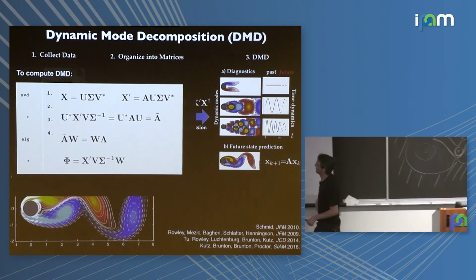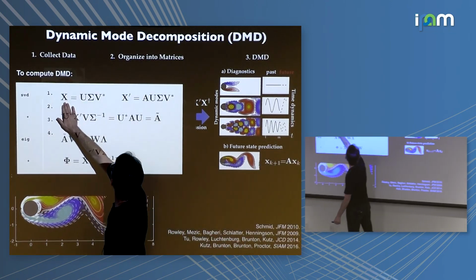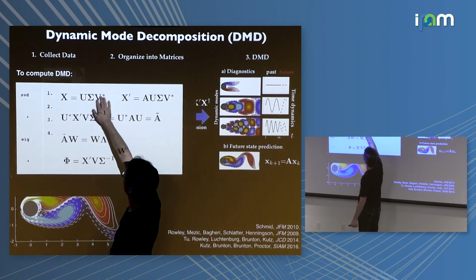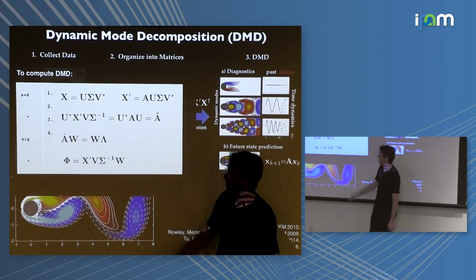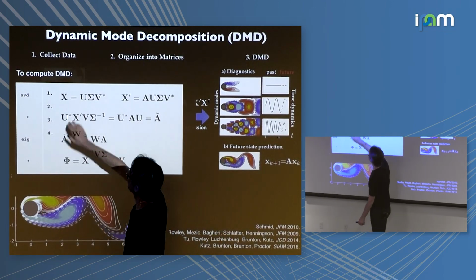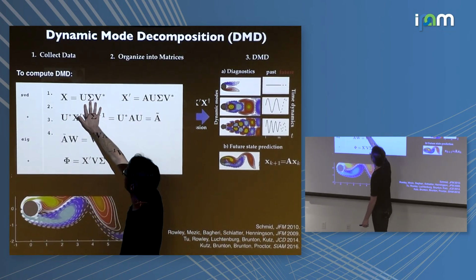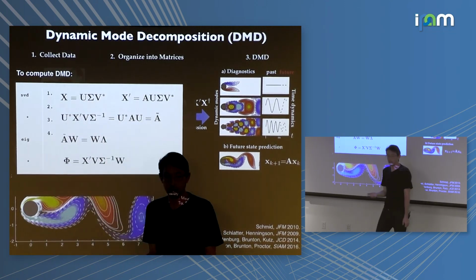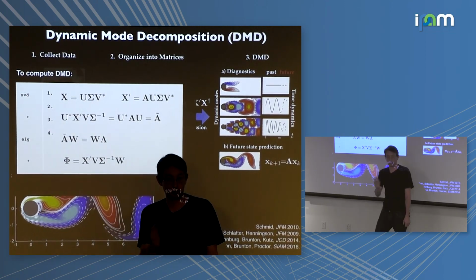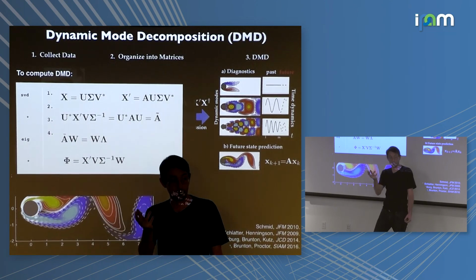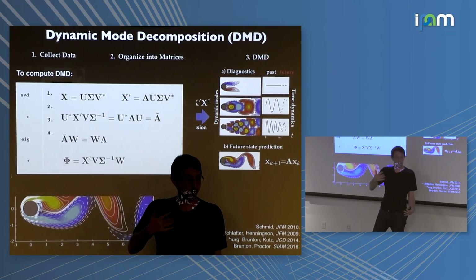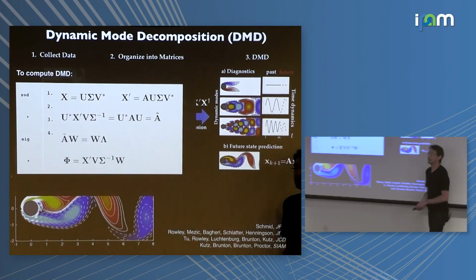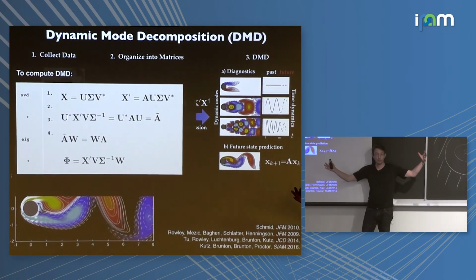So the first step is, again, take the singular value decomposition of my data matrix X, U sigma V star. This is just the singular value decomposition. I can compute the pseudo-inverse of X easily because U and V are unitary matrices, so their inverses are their transposes. So if I want to invert V, I just multiply by V transpose, and so on and so forth. But remember, I don't actually want to build that gigantic A matrix.